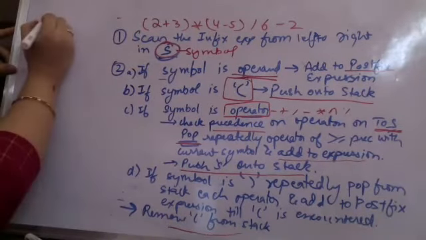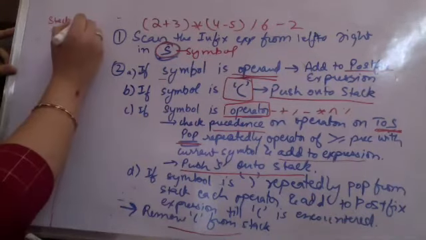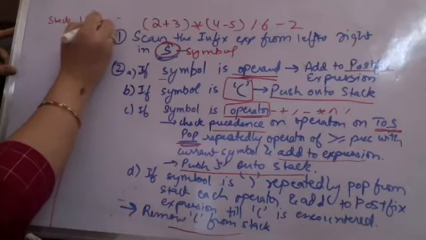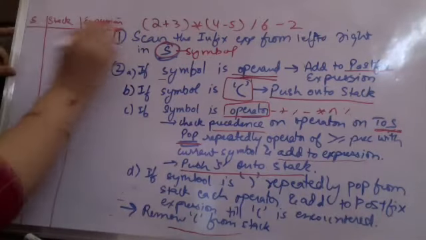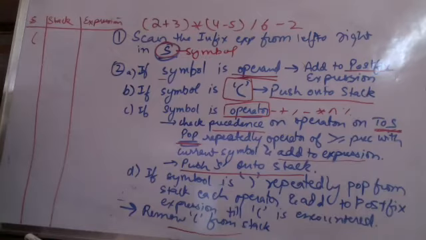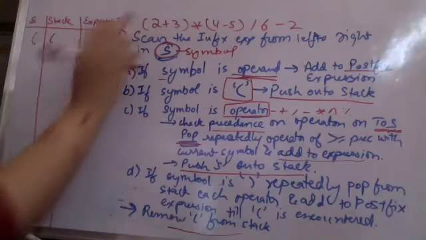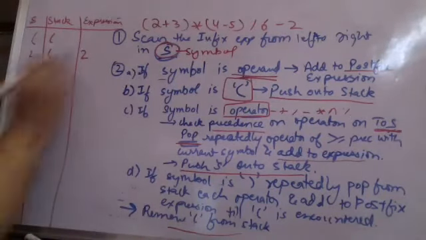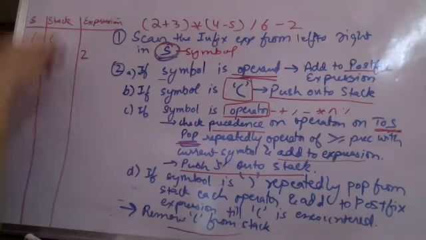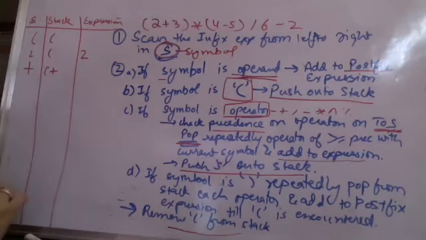So now I have this stack, and I also have the final expression, and the symbol which I am scanning, S. Initially I scan an opening parenthesis, and it is pushed onto the stack. Then I scan a 2. Any operand, 2, 3, 4, is added to the expression. Then I scan a plus operator, to be pushed onto the stack. There is no other operator on the stack, so precedence need not be checked. Plus is added onto the stack.